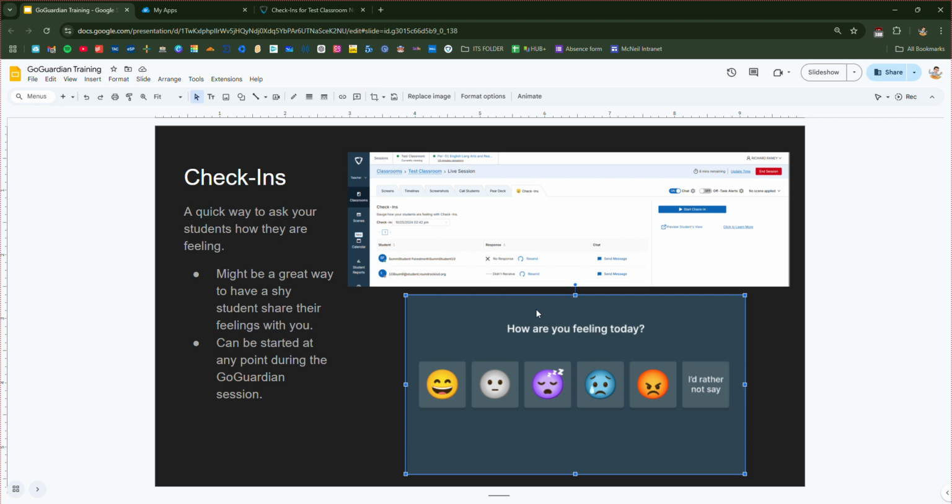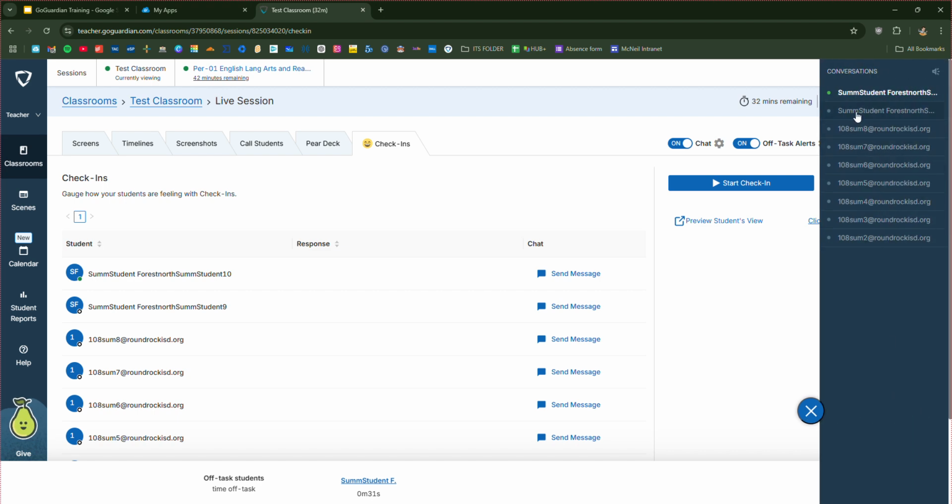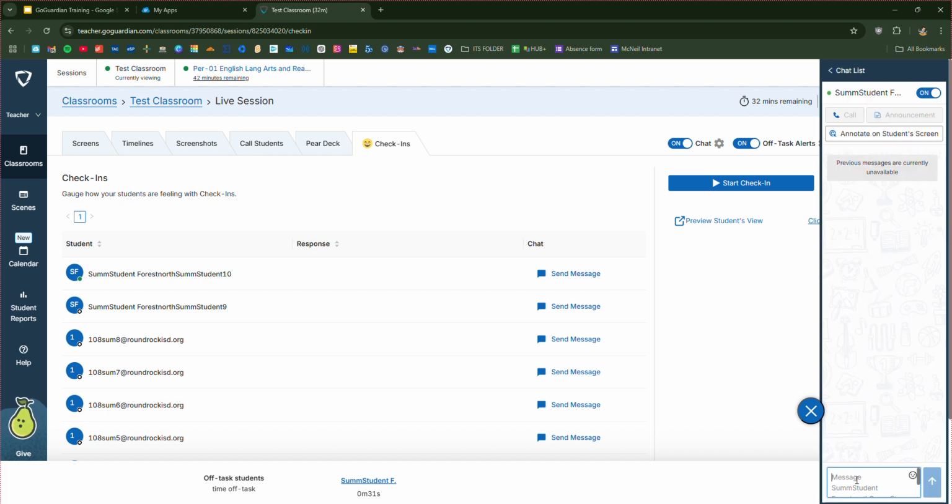Now, I will say this is actually a quick but kind of nice feature, because maybe if you have a student who every day you just do a quick check-in with them, how you doing? If you keep getting a kid with this little emoji and they're a real quiet kid, might be an indicator that there's something going on. And this check-in feature pairs really well with your chat feature. So if you have chat turned on, you can chat with any student who is currently active in your GoGuardian class. So if this kid keeps telling me he's sad,